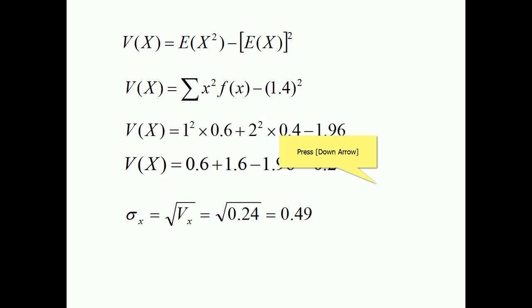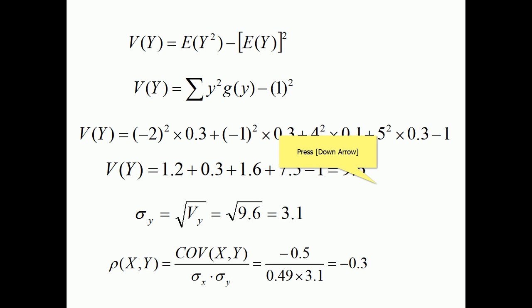Variance in x is equal to E of x square minus E of x whole square. E of x square is calculated by using the formula summation of x square into f of x. E of x is nothing but mu value of x, the mean of the variable x. It is 1.4 whole square. If I simplify that, it comes out as 0.24. x square into f of x: that is, x value, we are squaring it and multiplying with the corresponding probability function, then we are adding all those products. That comes out as 0.24. So the standard deviation in x is equal to square root of variance in x, that is equal to 0.49.